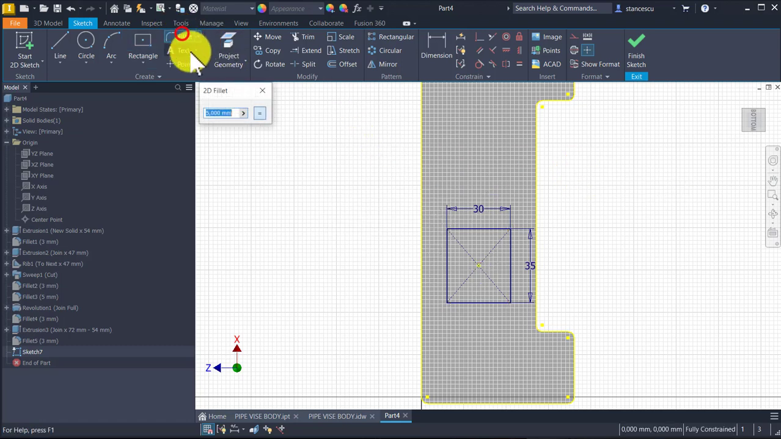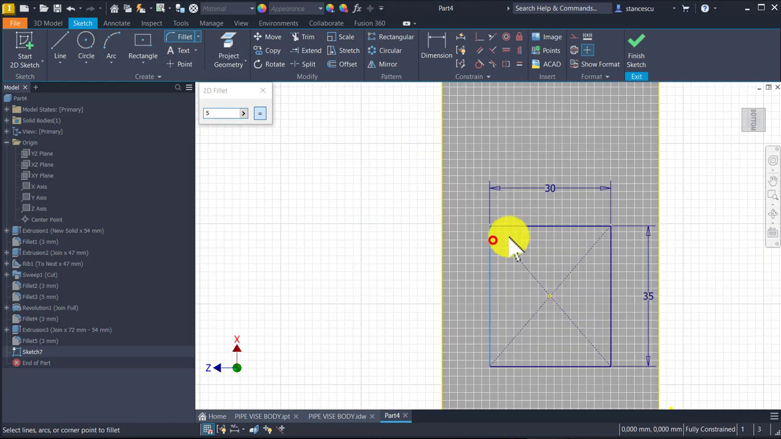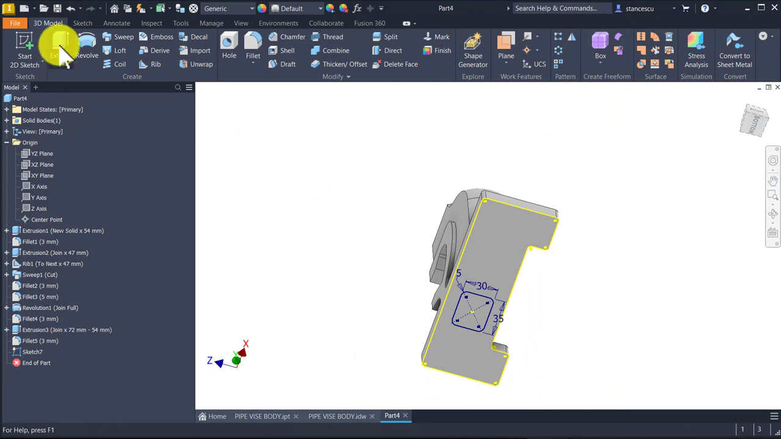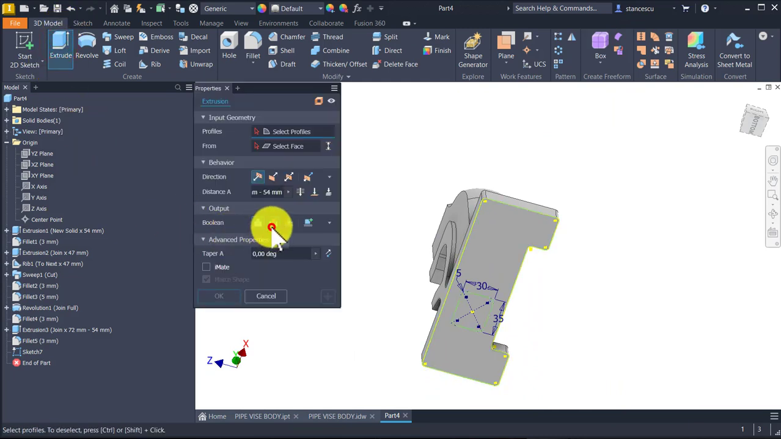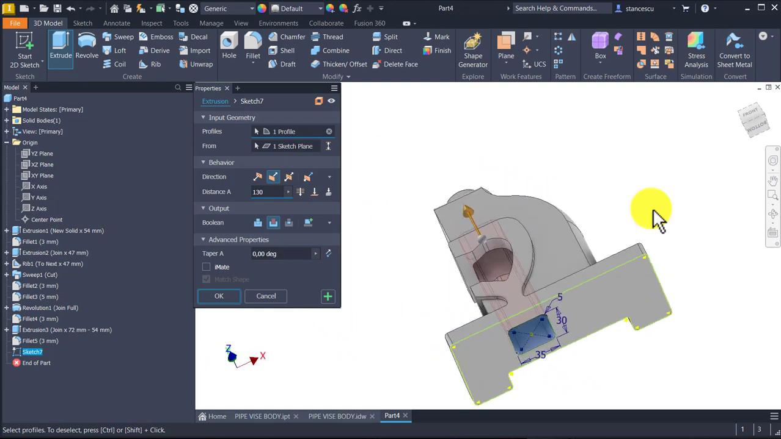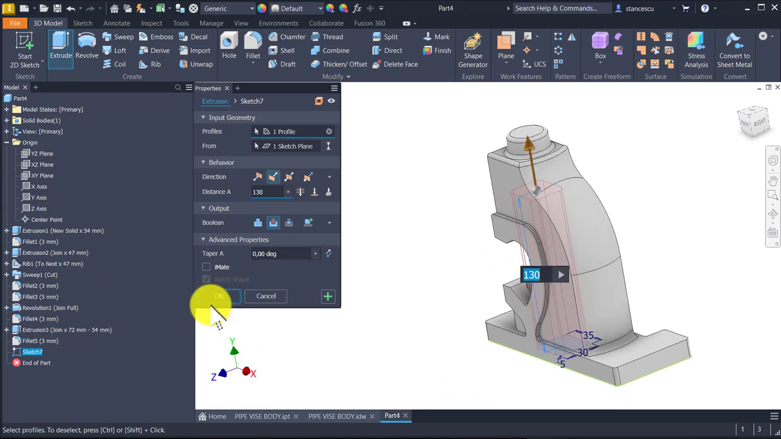Fillet of 5 between each sides, each corner. Finish sketch, extrude with cut this face on 130, as you can see. Okay,